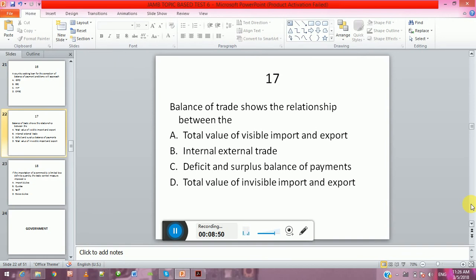Balance of trade shows the relationship between the A. Total value of visible import and export, B. Internal-external trade, C. Deficit and surplus balance of payments, D. Total value of invisible